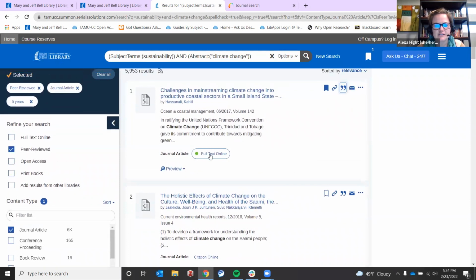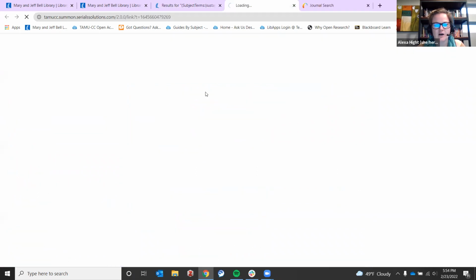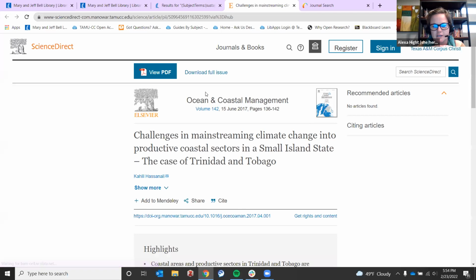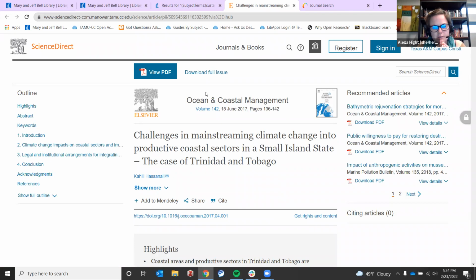If you can see here, this tells me that I have the full text access to this article. So if I click on the link, and I am off campus, let's see if it asks me to log in. No. Sometimes it might be because I logged into something else before I got on with y'all. But if you are off campus and you go from the library's website to an external database or journal, it will often ask you to log in. That is just your Blackboard login, how you log into computers on campus. It should all be the same login.